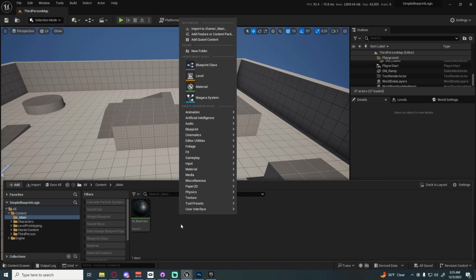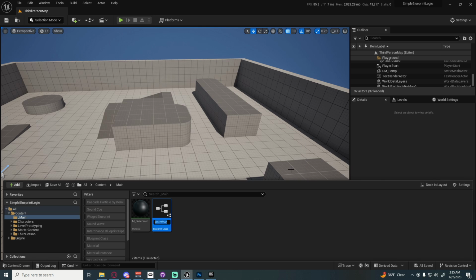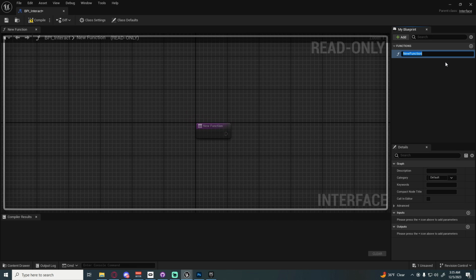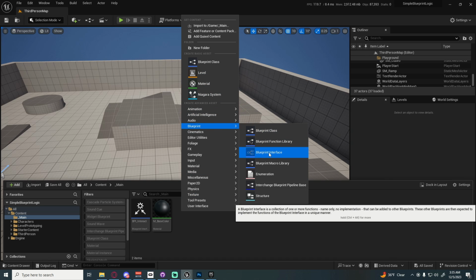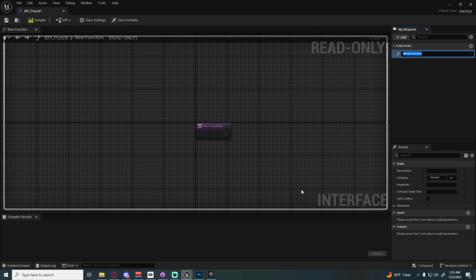And then I'm going to make a new interface. This is going to be our BPI interact, which should be our interact interface. We are going to say on interact. That's it for that one. And I close it. We're going to make another one of those. This will be BPI puzzle. Open that up. We're going to say